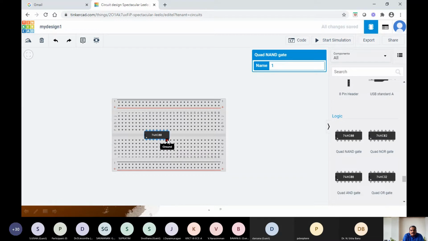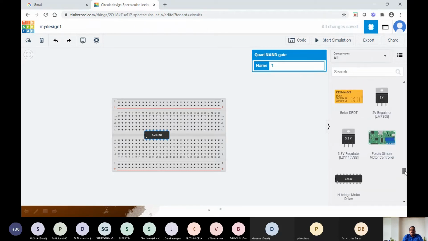So it shows that 7th pin as the ground. So similarly, the power pin. So you have input 4B, input 4A, input 4. So input 3B, input 3A and input 3. So now what we have to do, we have to take the power supply and we have to give the